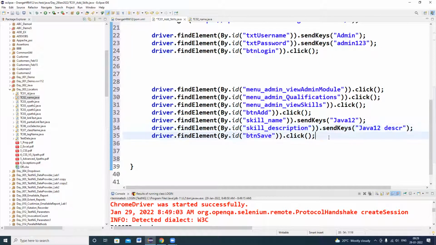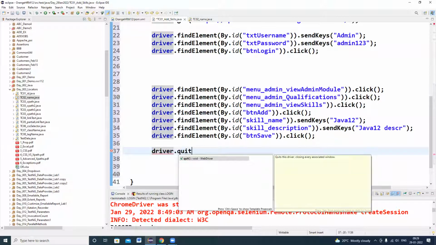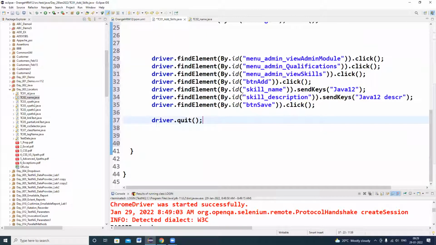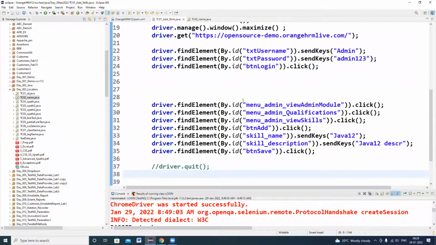That's it. And after that, if I want to close my session, I can write driver.quit, so that your browser will be closed automatically once the program is executed. But I don't want to close the browser, so I'm keeping this line in comment so that it won't be executed. We will see that part as well. So I'm going to run this program now.